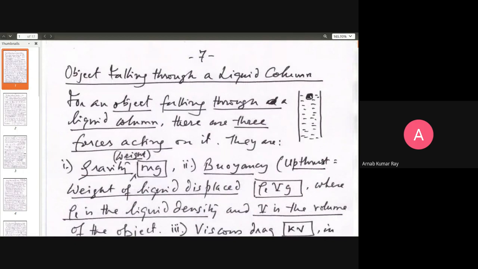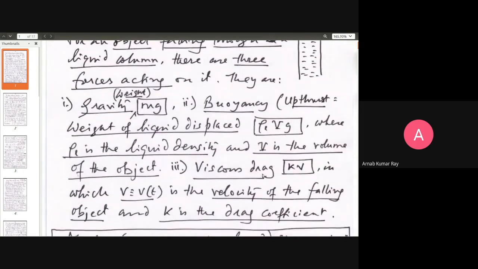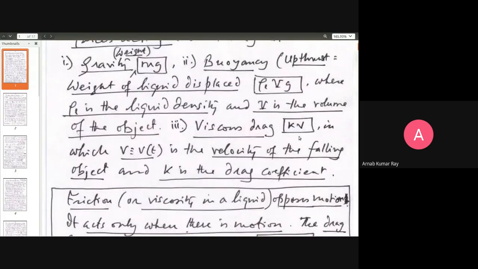So whenever an object falls through a liquid medium, it experiences a friction force against it. This friction force is the viscous drag, which is written as proportional to the velocity. We all realize that unless the object is moving, there will be no frictional resistance against it. A still object like a hot air balloon doesn't experience friction in the Earth's atmosphere. So the object has to move. Incidentally, aeroplanes also experience viscous drag, but aeroplanes don't travel so fast that the Earth's atmosphere will start making them glow or burn them up, right?